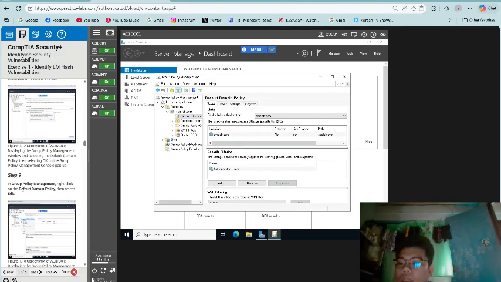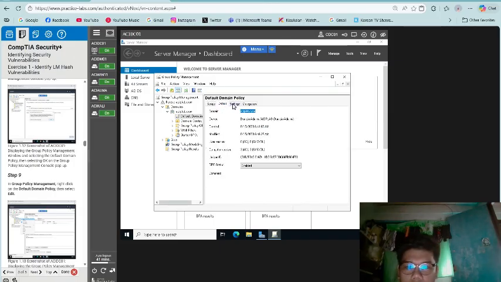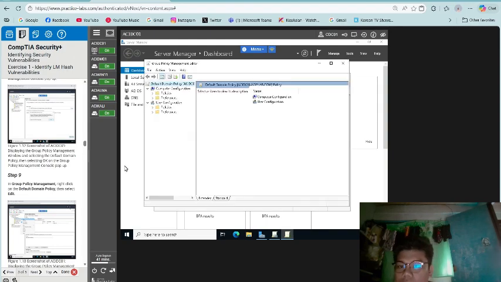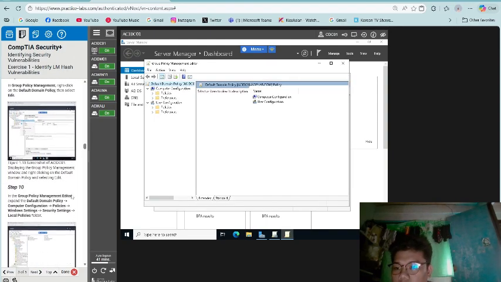Step 9. In group policy management, right click the default domain policy, then select Edit. Step 10.